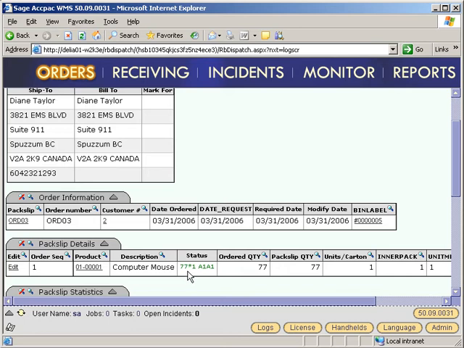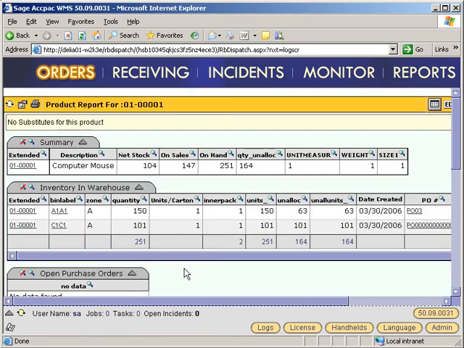For my computer mouse here, I can see that the status here is green. It says 77 times 1 at bin A1A1. So what this means is that at bin A1A1, 77 computer mice have been allocated to this order. If we drill down into that product,